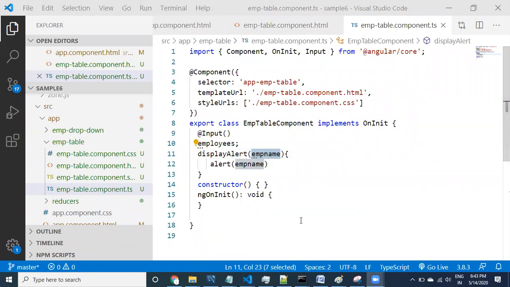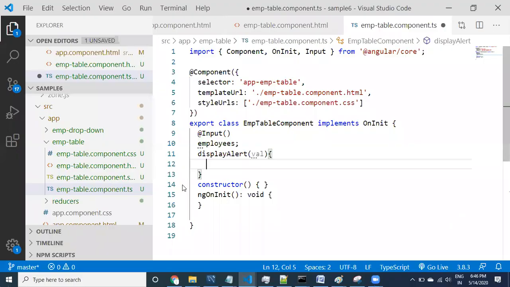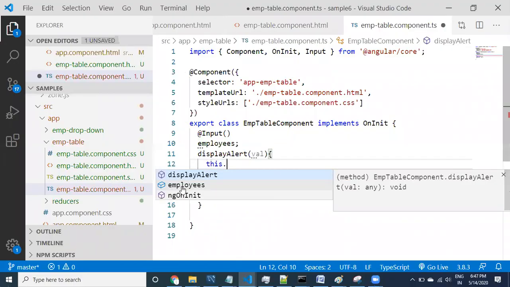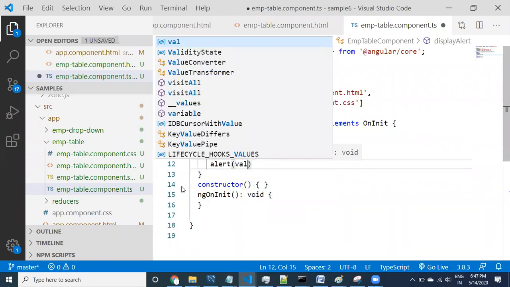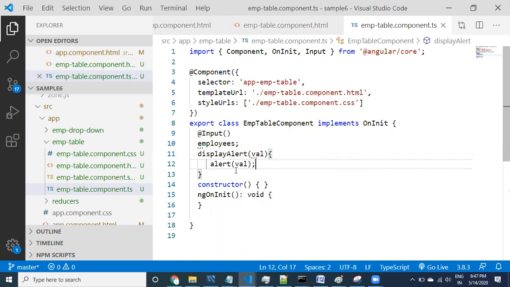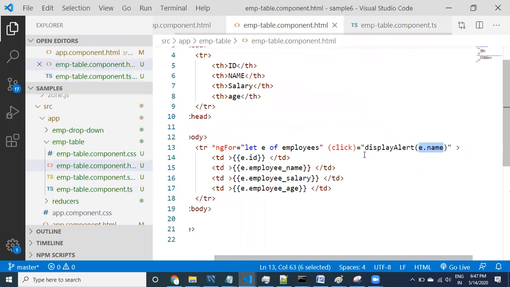I just started the record. What I can do is alert val. Whatever value we are getting is going to get alerted. So we are applying this method for TR. On which event? Click event.